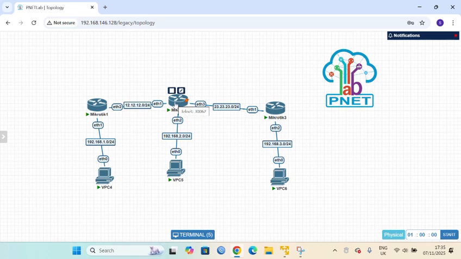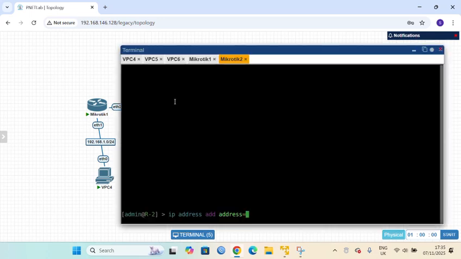So I will configure that. 192.168.2.1/24 interface ether2. Enter.